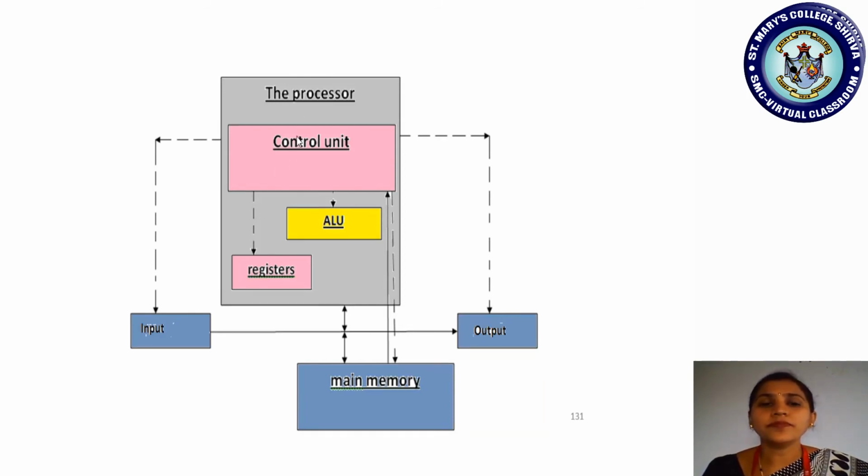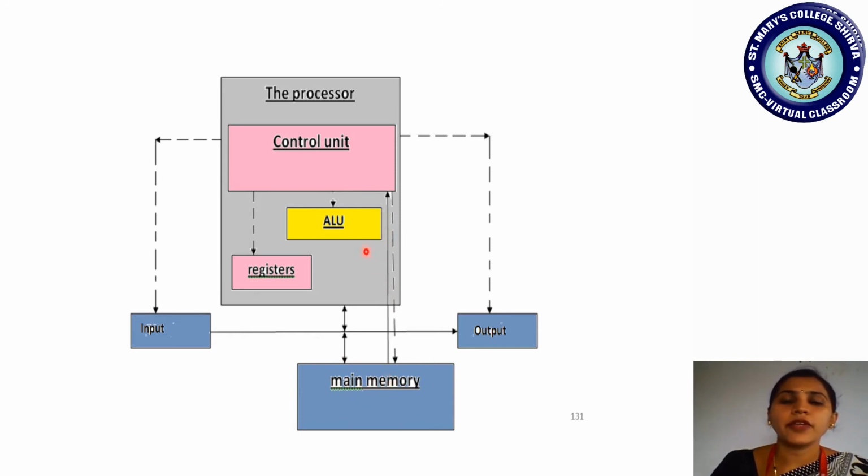block diagram of the computer components. Just check this: the processor itself has three parts. They are put in one block: the control unit, ALU and registers, along with the input unit, output unit, and the memory. Just check out here the input, whatever inputs are given to the system. Those inputs flow to the processor. Okay, then they are first shifted to the main memory.